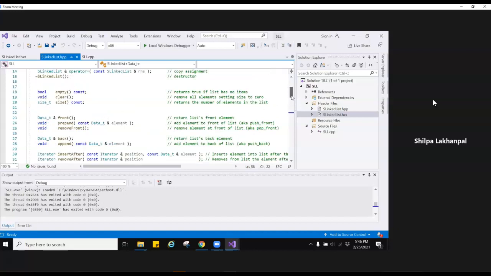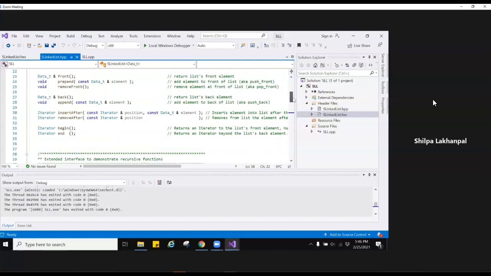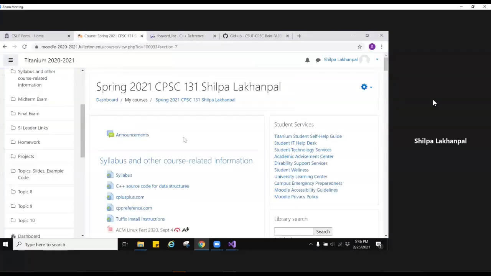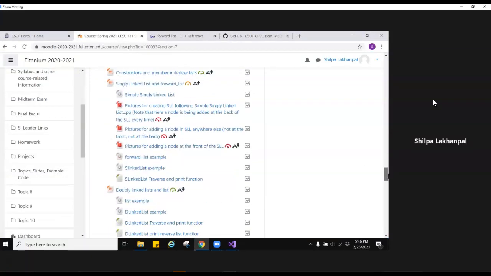Supposing we want to, these are some of the functions that we have written, and again they mirror what is in the forward list class. But let's try to add more functionality. Maybe we want to write a traverse and print function.